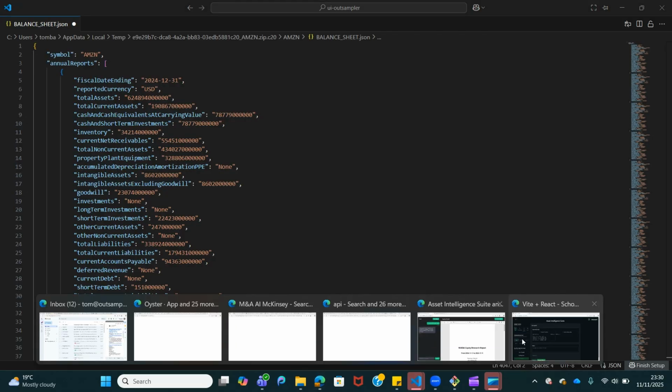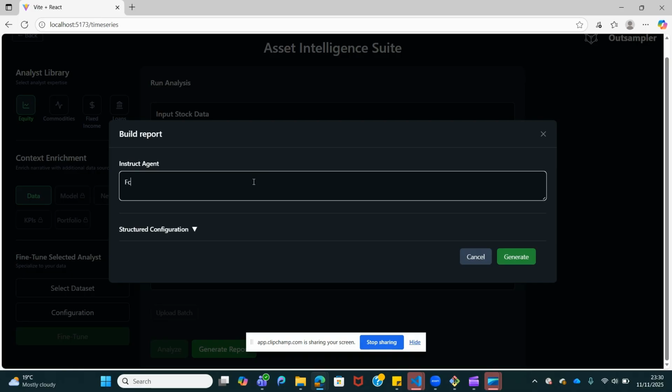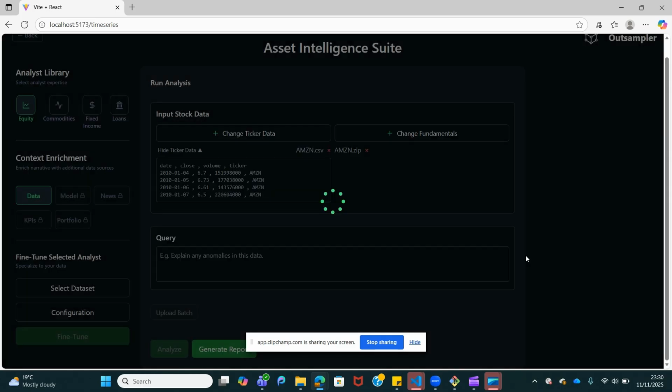So once you've got this data, we can then generate the report. We can do this through a natural language query. So: focus on fundamentals and compare to Apple over the last 2 years. We click generate, and this will go to the back end and create a PDF report for us based